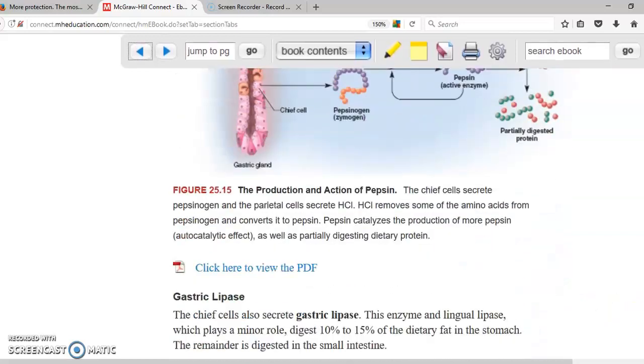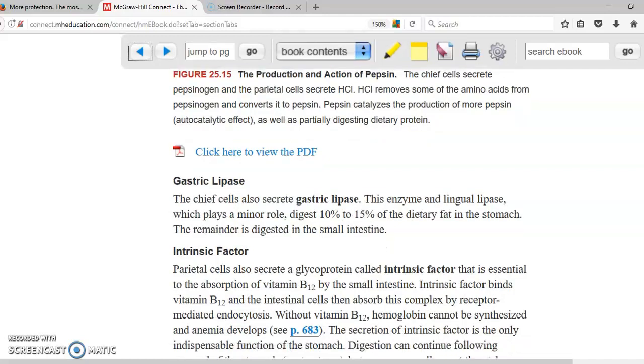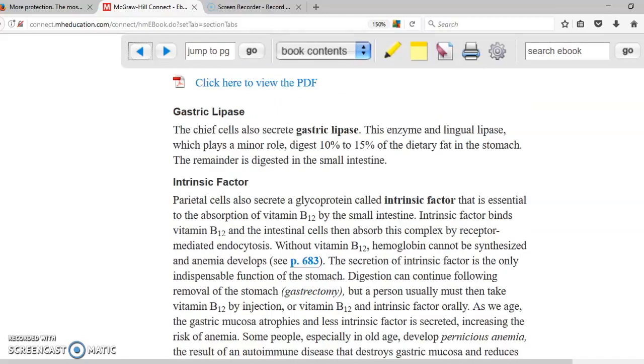Scroll down. Gastric lipase. Chief cells also produce gastric lipase that is going to help us start the digestion of dietary fat. Intrinsic factor, parietal cells produce intrinsic factor. Intrinsic factor is very important because it's going to help us absorb vitamin B12 at the level of the small intestine. If we don't have B12, we're going to end up with anemia because vitamin B12 is necessary in order